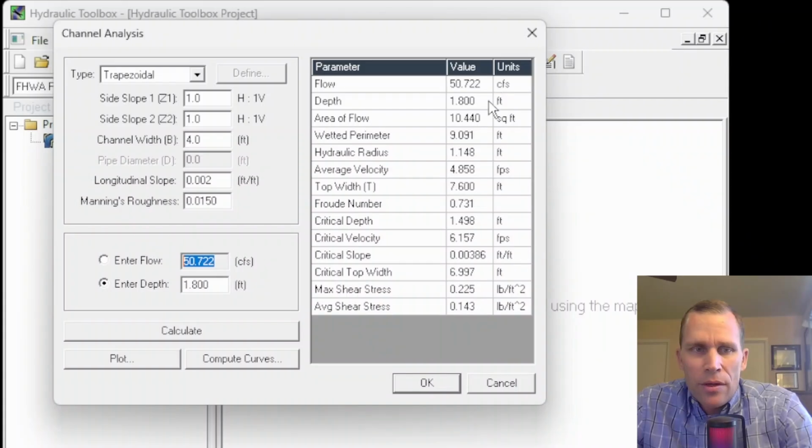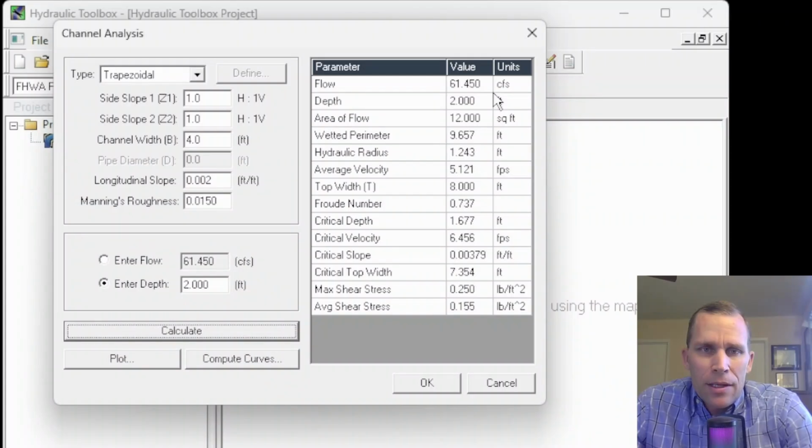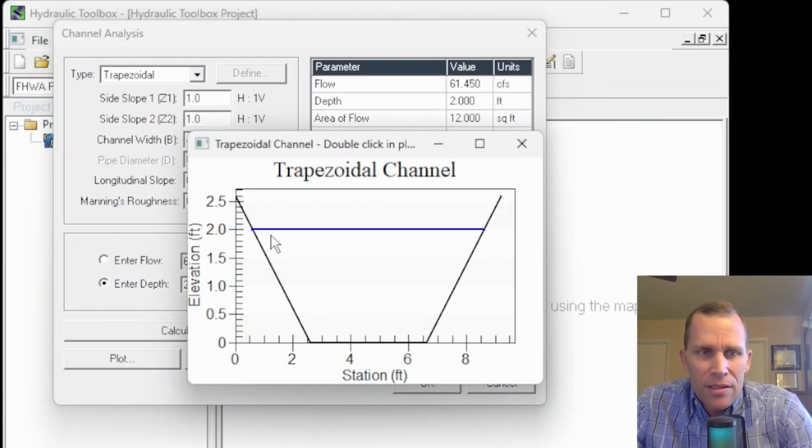Again, we have new numbers over here to the right. Let's click on, how about 2 feet of depth? Click on calculate. Some of these calculated numbers are nice and round numbers because of the dimensions of 2, 12, 8, and so on. We're definitely subcritical. And then here is the plot with exactly 2 feet of depth, where the flow rate was calculated based on